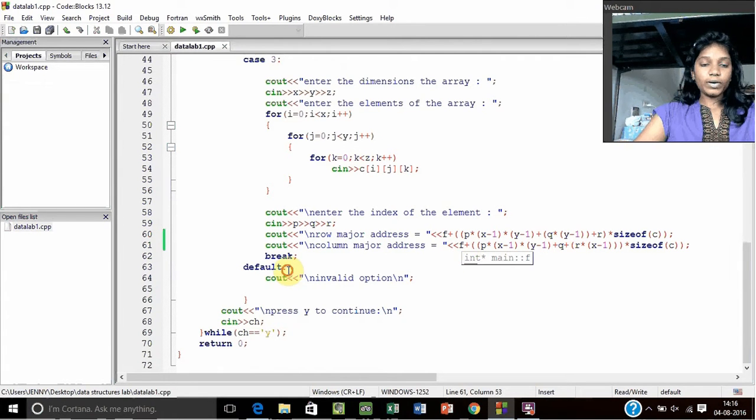I've taken default after the 3 cases, which will, if we press anything except 1, 2, and 3, show an output that is invalid option. I've put all this inside it. I've taken this output